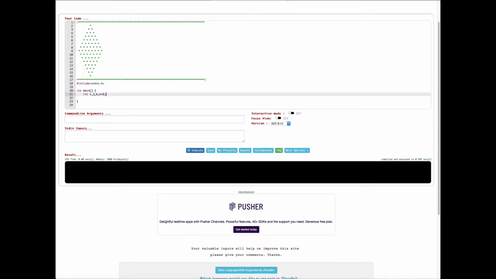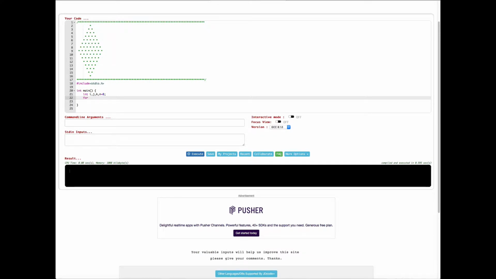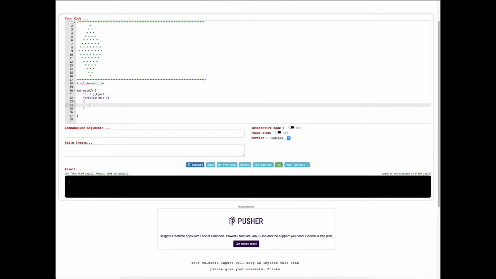Okay, now let's go ahead and begin the first for loop. In the first for loop we are going to initialize i with 0, and we set the condition i is less than n, and then we do the increment each time, i plus plus. Okay, and inside of this for loop we are going to create another for loop. That's why we call this a nested for loop. Inside of this for loop, I initialize j with 0,